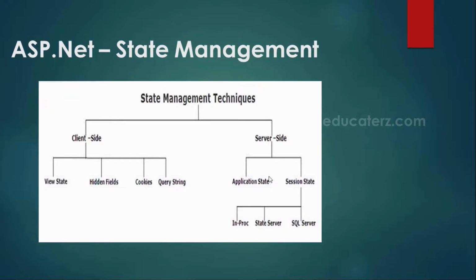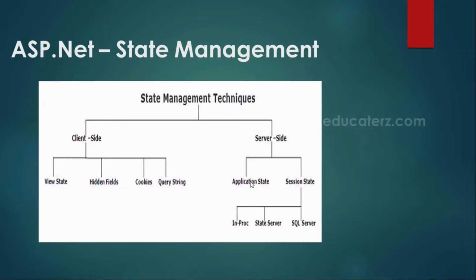Application state variables are global. Remember that. And all sessions have access to them. All sessions in the sense, imagine that you have an application and this application can be accessed by n number of users. Just take 3 users. The first user can access your application state variables and the second user will have the same. Session variables, each person will have their own, and the application will have only one application state variable. Understand? As I told, session state variables are like single user global data. Application state variables are like multi-user global data.